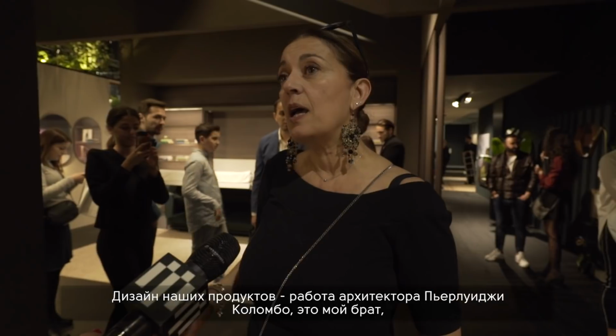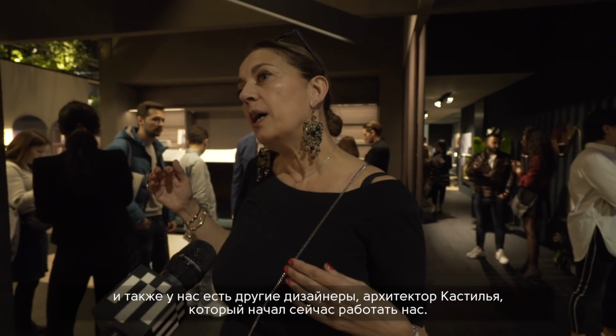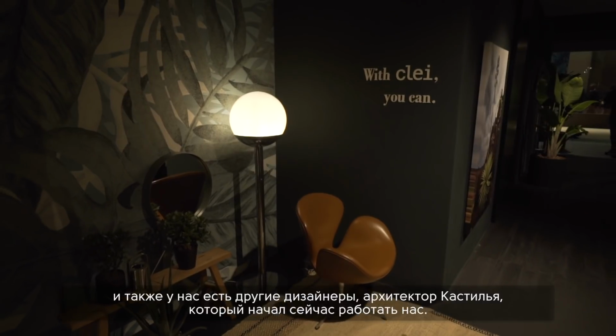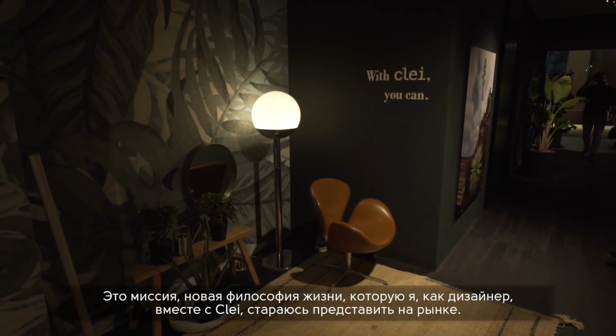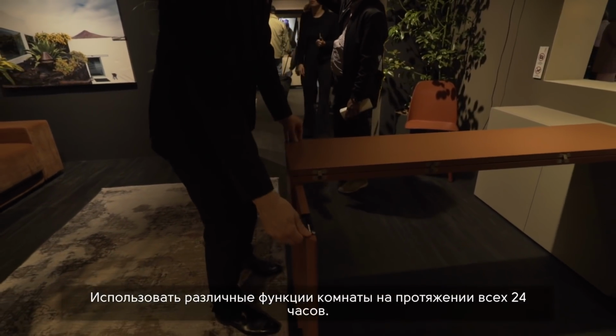The designer is architetto Pierluigi Colombo, that is my brother, and then we also had other designers like architetto Castiglia that started now to work for us. Me as a designer, together with Clei, try to bring to the market a new concept of conceiving the space. It's not necessarily bound or related to lack of space or to necessity of having double function, but more as a possibility to use the space in a flexible way, in a smarter way, using a room within the 24 hours